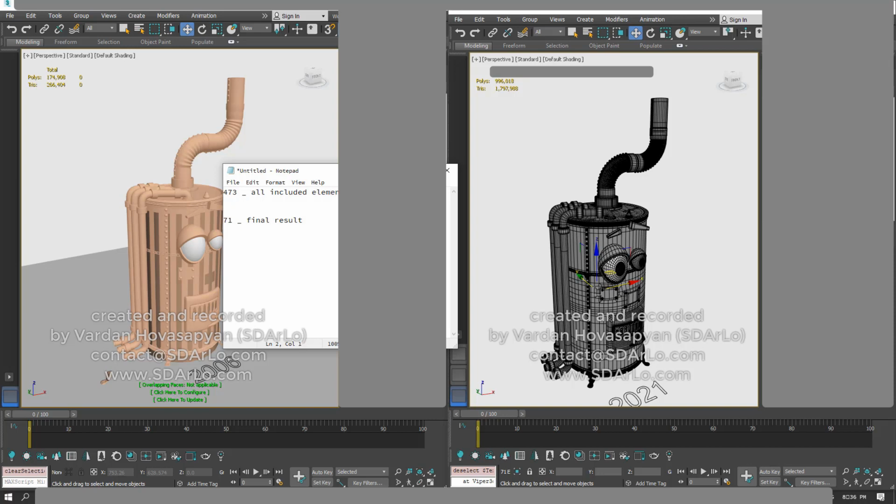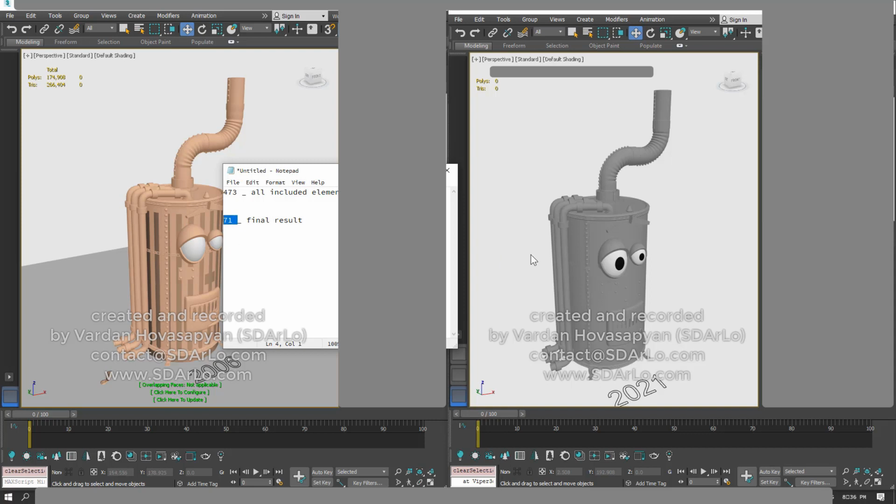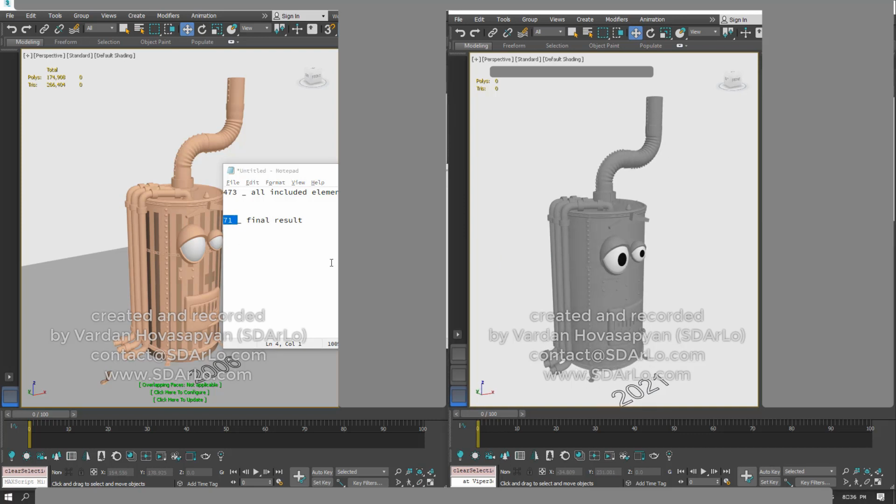Okay, in this new version, all included elements are 473 with the final result of 71, which is 100%